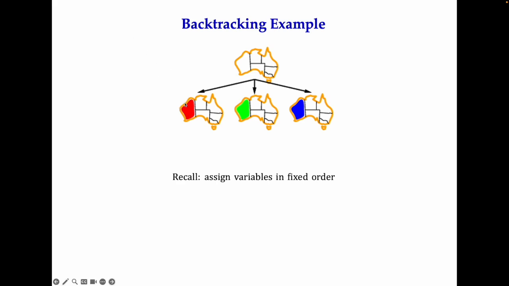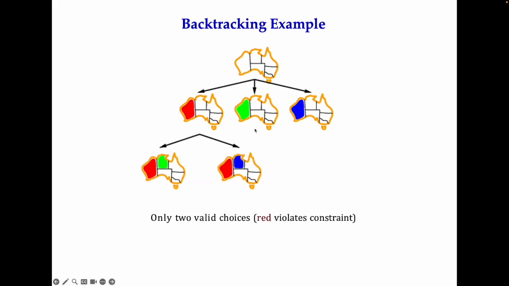So we can color this red, green, blue, and it doesn't violate any constraint so far because no other region is colored yet. So it is fine. We can color it either red, green, or blue. And so you just pick a region, assign a color, and then you go forward. And then let's say you color this region red,